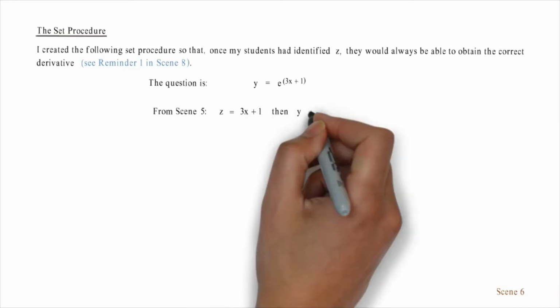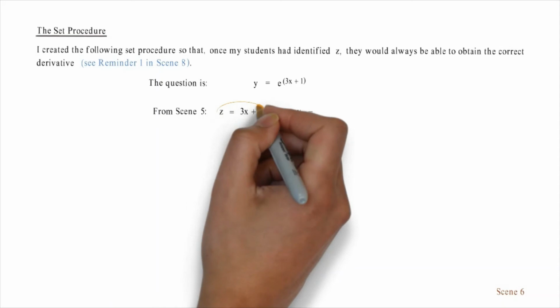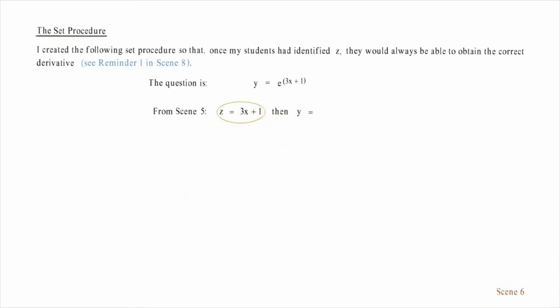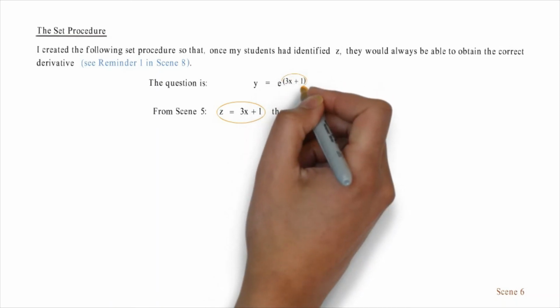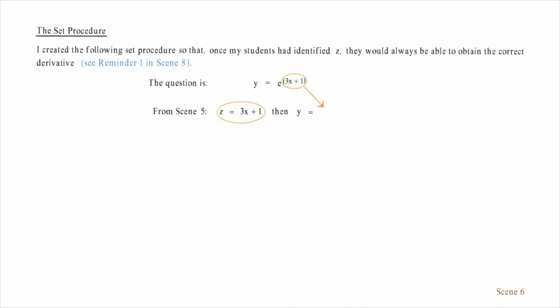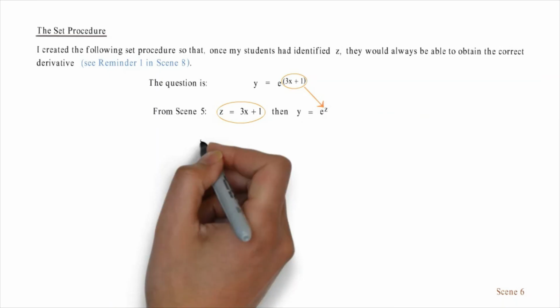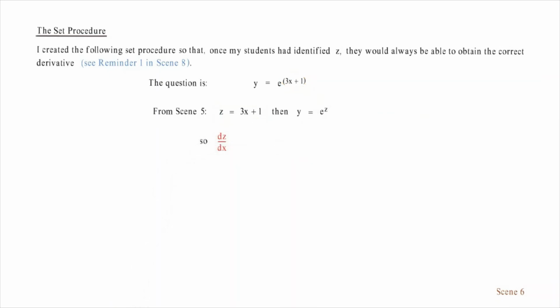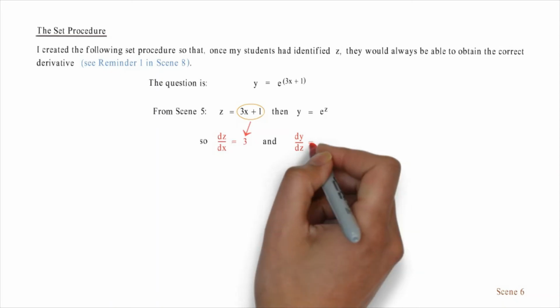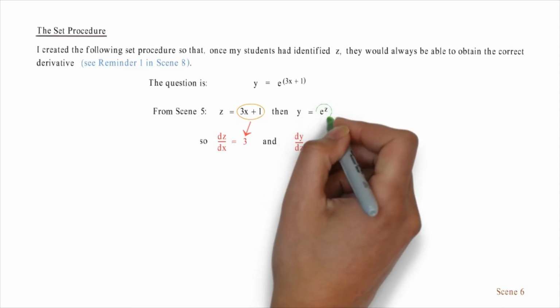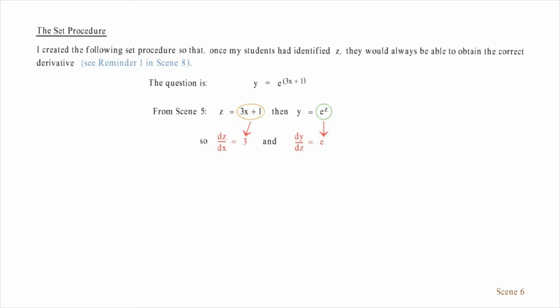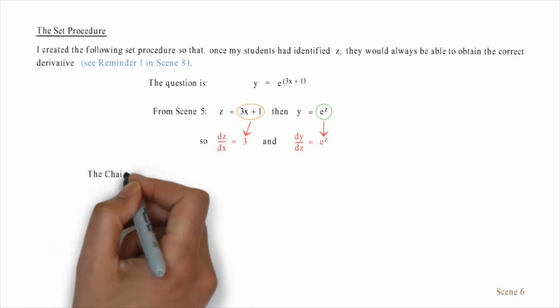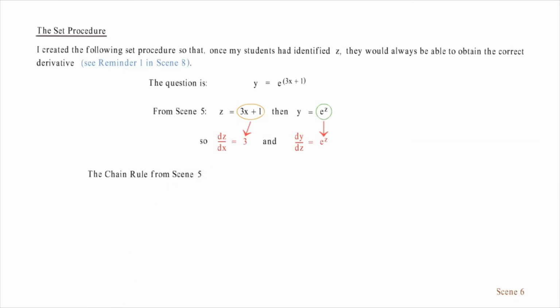Then y equals, since z equals 3x plus 1, e to the 3x plus 1 becomes e to the z. So dz by dx equals the derivative of 3x plus 1, which is 3, and dy by dz equals the derivative of e to the z, which is e to the z. The chain rule from Scene 5 is: